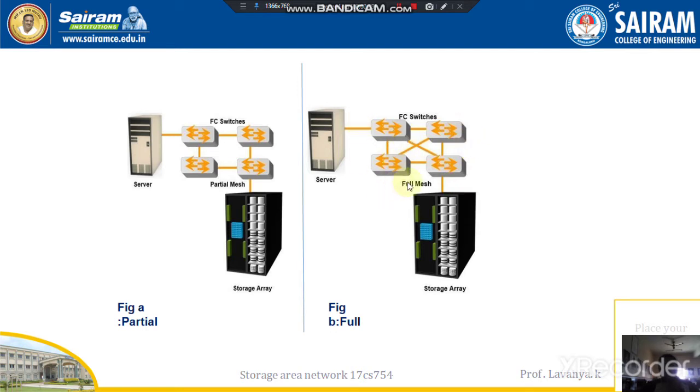Whenever the data has to be transferred from source to destination, we use Fibre Channel switches. In the full mesh topology, every switch is connected to each other. Look at this diagram: every switch is connected with each other, and those Fibre Channel switches are interlinked with the server as well as the storage array,